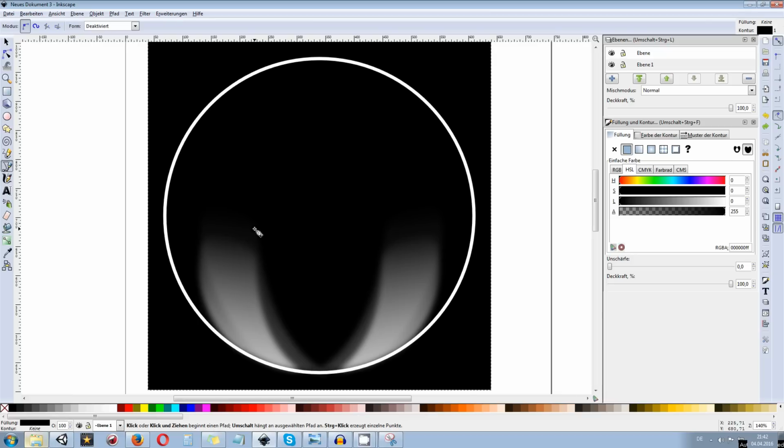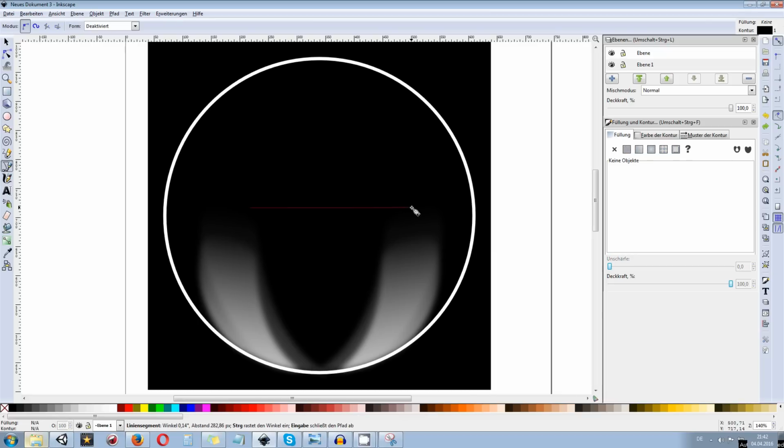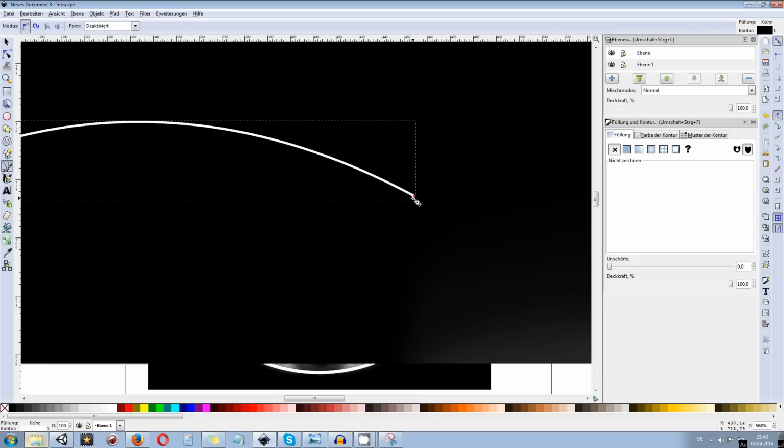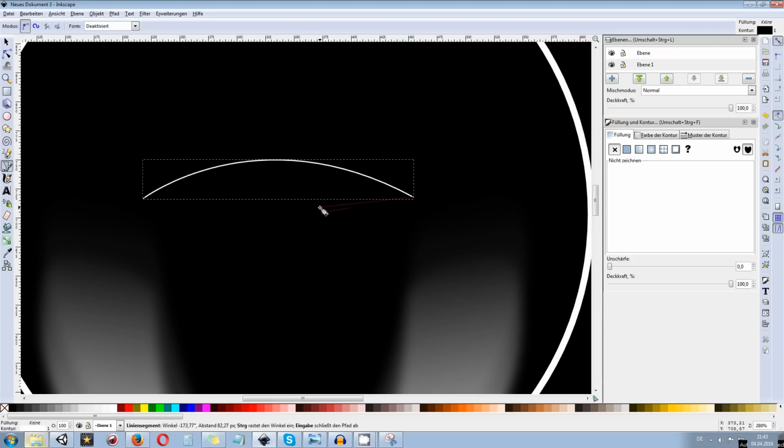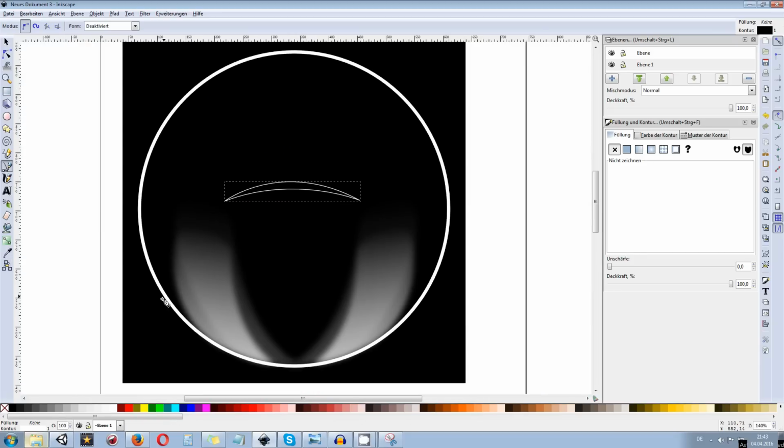So the next effect we're going to create is some other roundish effect. The first one starts somewhere in the middle over here. We go straight with a line, hold down the mouse button, and then leave it alone. Right click. Now make sure you hold down Shift and select white, so you can see this one on the black background. Now go in and find the anchor point on the right or on the left. Select it once, so we start in there. Then select the second one over here and drag the handle until you have some kind of moon effect in here, or a slightly moonish or roundish effect.